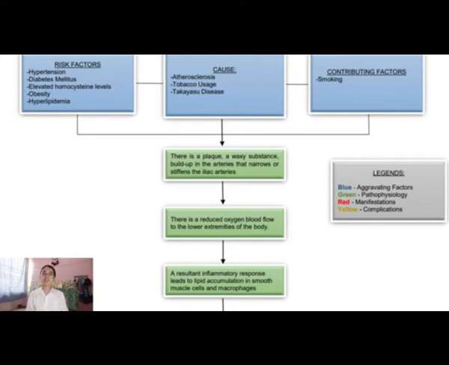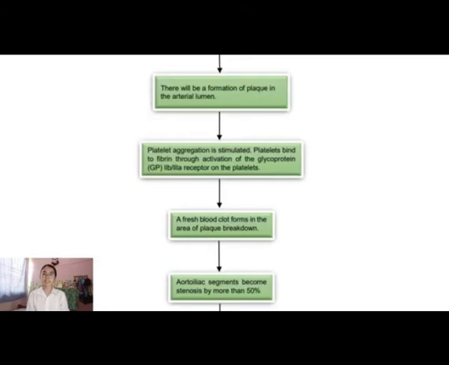Because of the atherosclerosis, a waxy substance that contains fat, cholesterol, and calcium, called plaque, builds up in the arteries. It then narrows or stiffens the iliac arteries, leading to reduced oxygenated blood flow to the lower extremities of the body. Accumulation of lipids starts in the smooth muscle cells, and then macrophages occur as an inflammatory response to endothelial injury, and plaque begins to form in